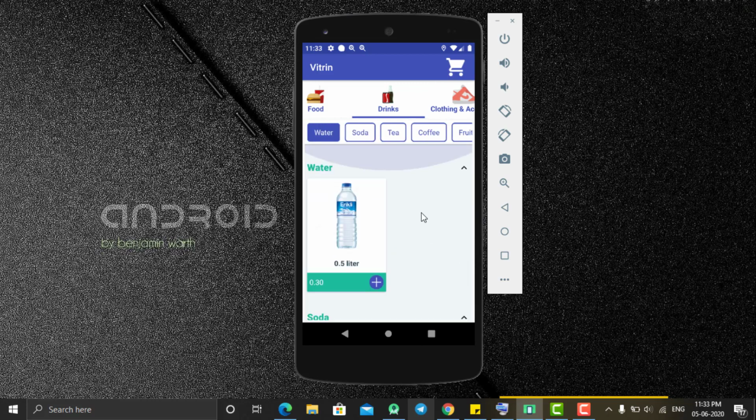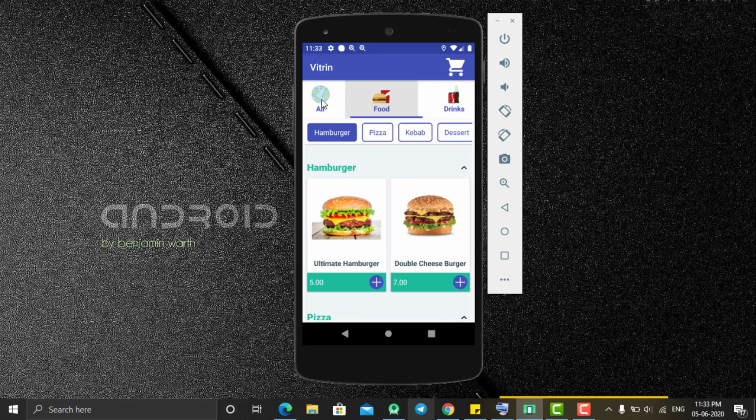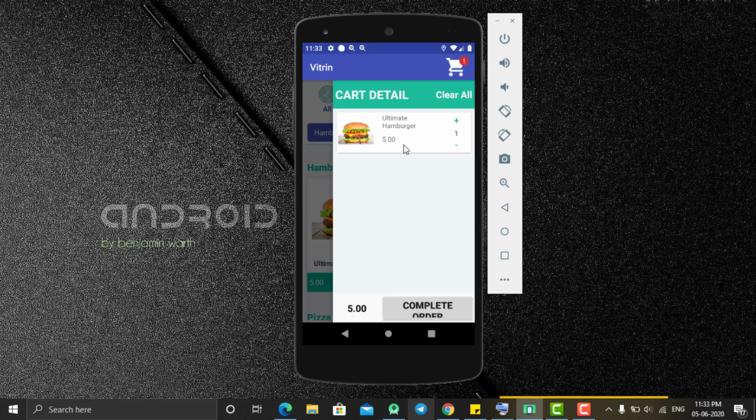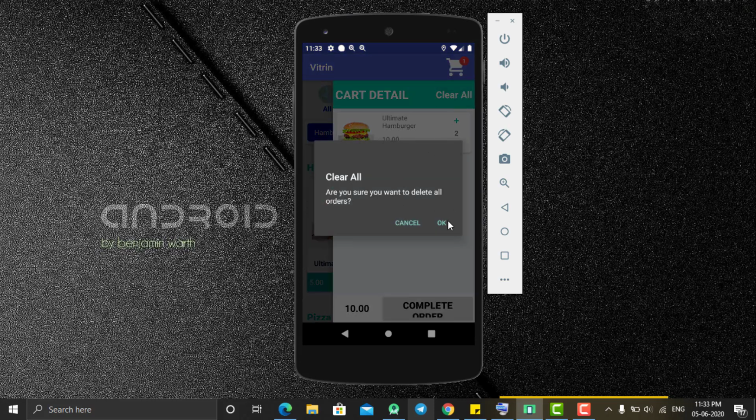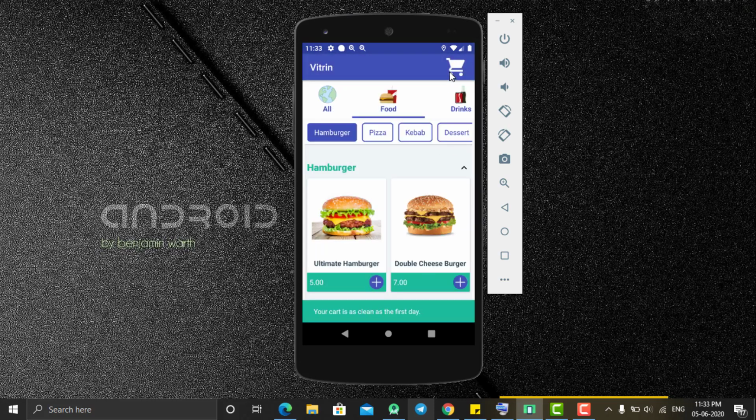After that, what if you want to buy something from here? Let's buy a burger, right? Hamburger. If I click on this plus icon, with this beautiful animation an item is added to my cart, and this is one piece of hamburger, and I can increase the quantity of my hamburger from here, from my cart. And if I click on clear, all the items of the cart will be removed, and now currently the cart is empty.